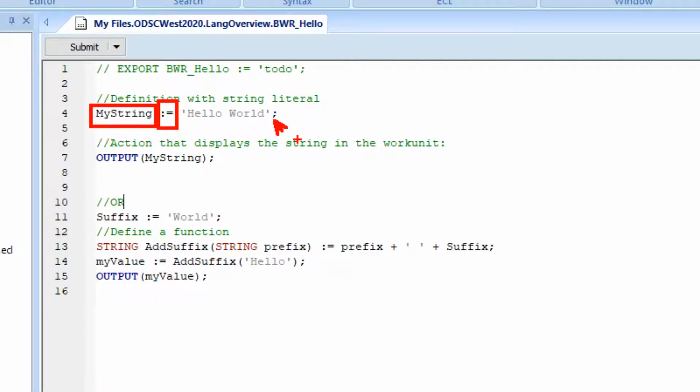Okay, so that's a basic definition in ECL. But just like Bob mentioned, he's the best bowler in the world. I don't know if it was in the world or only in Florida, but anyway,